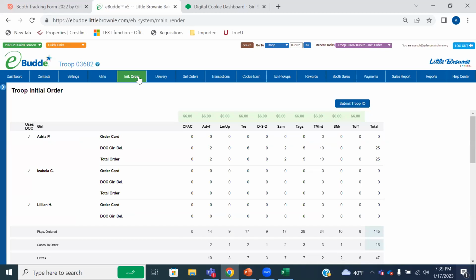So any orders that happen after 9 p.m. on Friday until somewhere in the late afternoon, early evening on Monday, you'll see those in digital cookie, but you won't see them showing up yet in eBuddy because we'll have paused them. And that's just to make sure that if something goes wrong and we have to